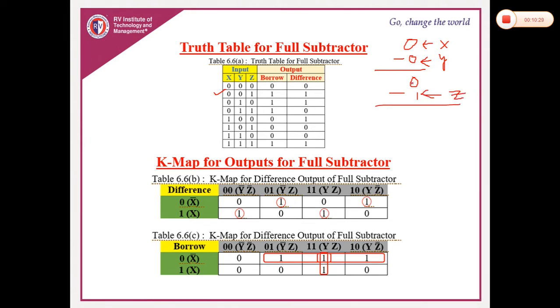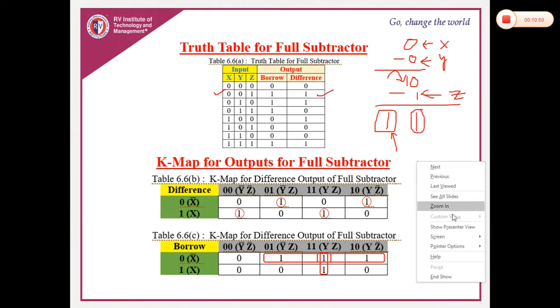So 0 minus 0 is 0, again 0 minus 1. So we cannot do that, so for that we have to take borrow. So whenever we take borrow, it will become 1 0. 1 0 means 2. 2 minus 1 is 1. Since we have taken borrow, we have to take it as 1. So borrow is 1, difference is 1. So that is what we have written here. Next combination,